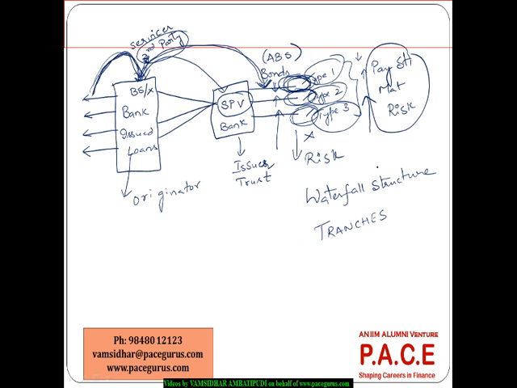The risk levels of each of the tranches are also different, right? So here one thing we have to remember is the payments are happening exclusively from the cash flows that are coming from these assets itself and nowhere else. And this SPV is a pure legal entity, a separate legal entity. So this is buying only the loans of this company. So anything else of this company has no relationship to this.